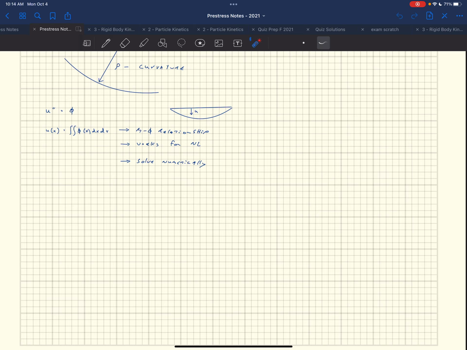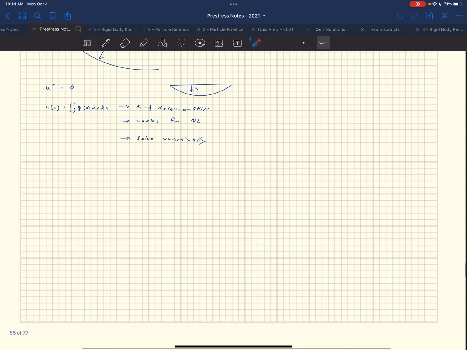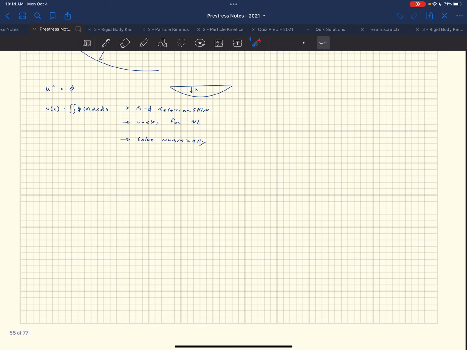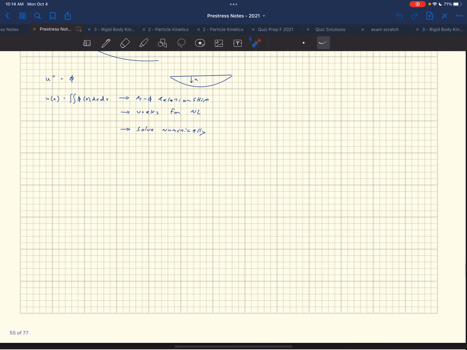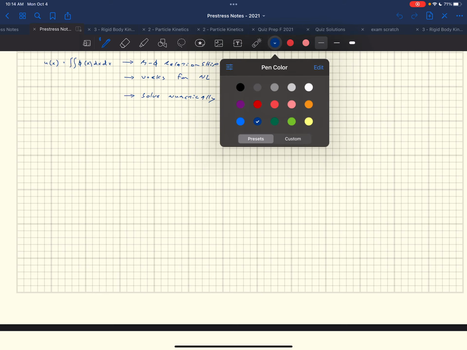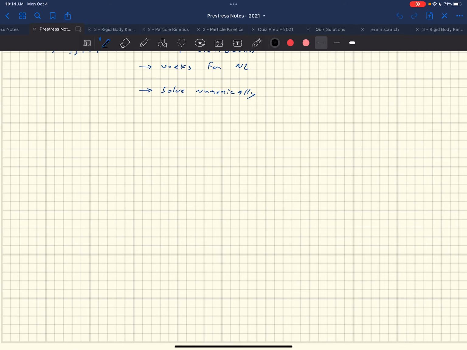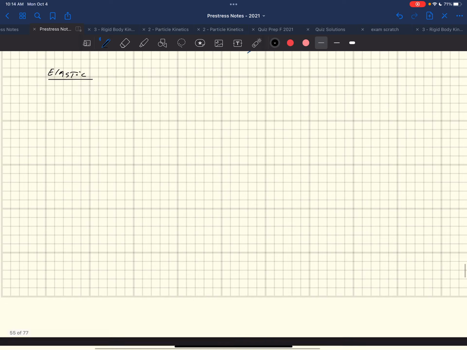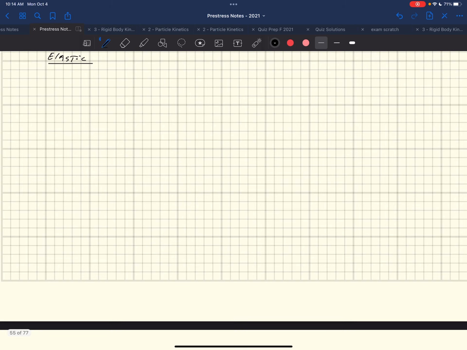And that works for nonlinear behavior, but let's simplify it down for linear behavior, because you might be called upon to do a nonlinear analysis at some point. Yeah, maybe in your life. Depends on what you're doing and where you're working. So let's talk about the elastic. This is mainly where you're going to live in terms of calculating deflections. When we have elastic deflections,